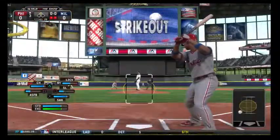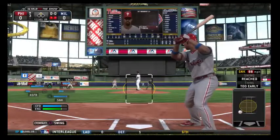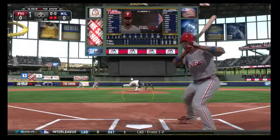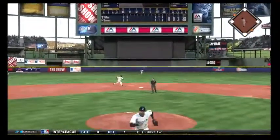Rafael Furcal will stand in. He grounded out his first time. That's hard hit back up the middle. And